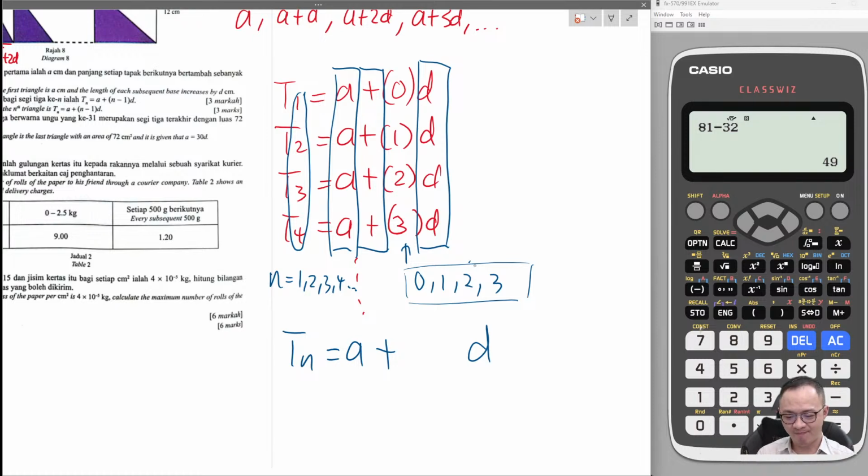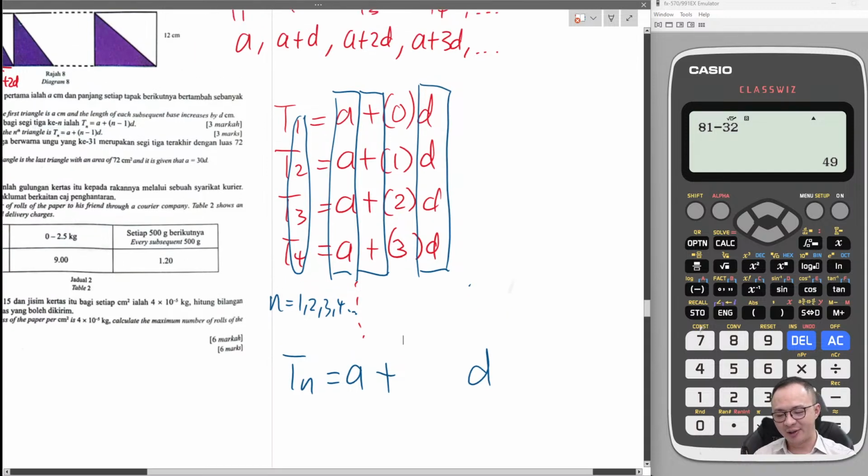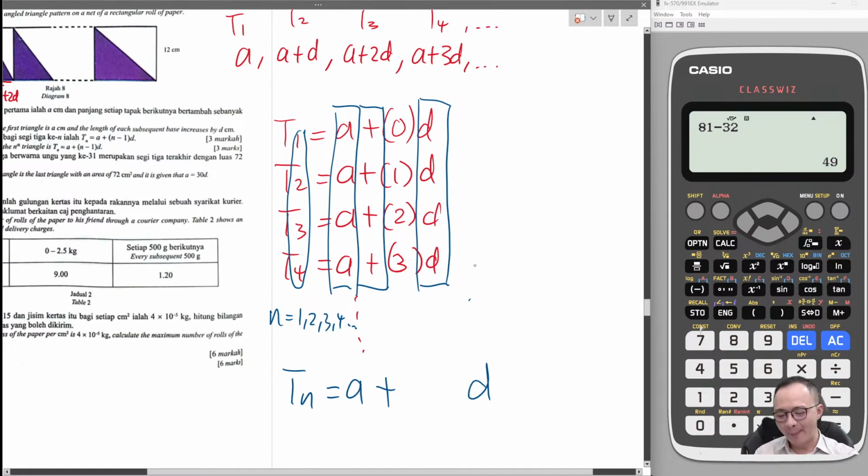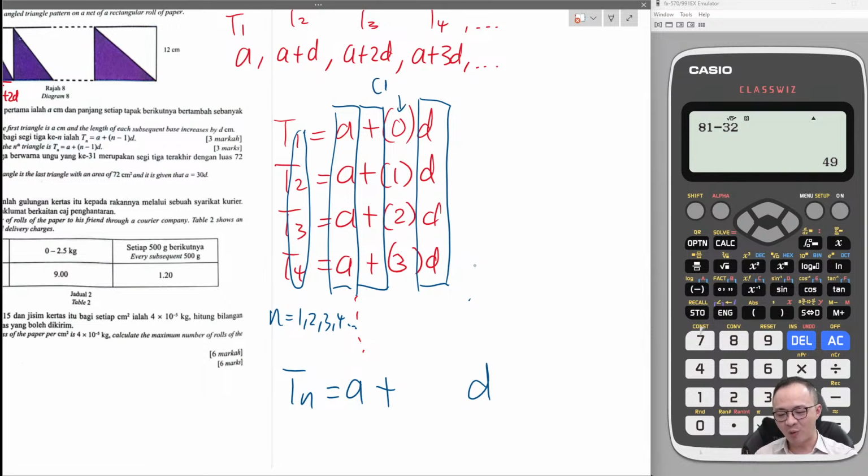Do you see that? So you can think something like, okay. Oh, no, I don't want to explain like this. You will even not understand. Okay, let's say my n is 1. If I sub in the 1 here, how do I get 0? I will minus 1, right? When my n is 2, I sub in the 2 here, how do I get 1? I minus 1, right? So how do I get 2? When n is 3, I minus 1, right? When n is 4, I minus 1, right? So therefore,